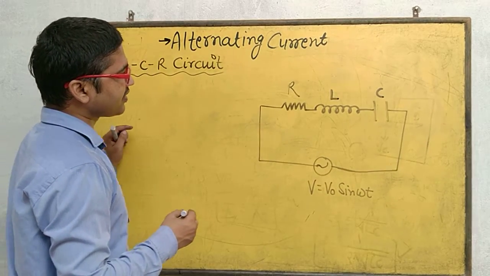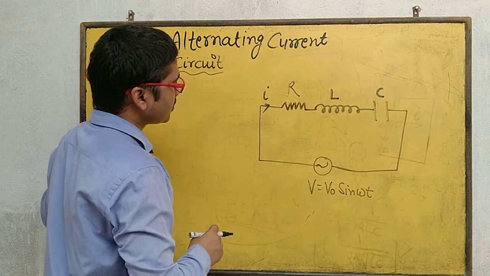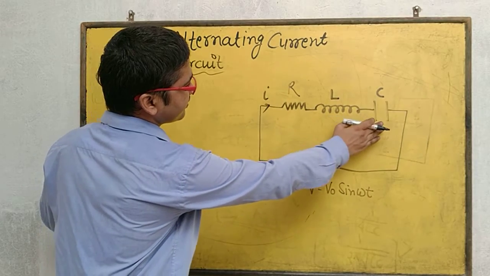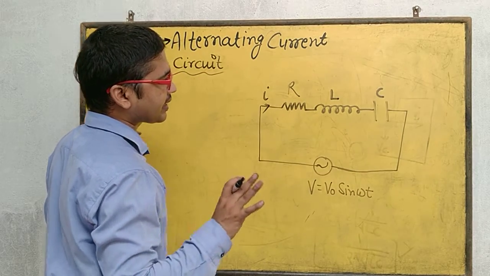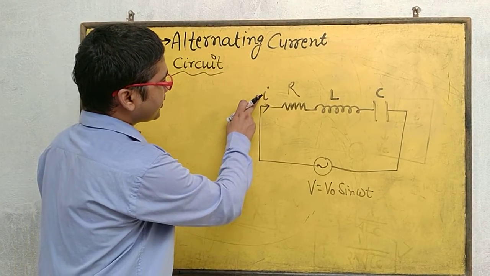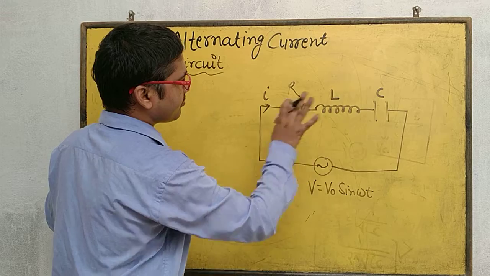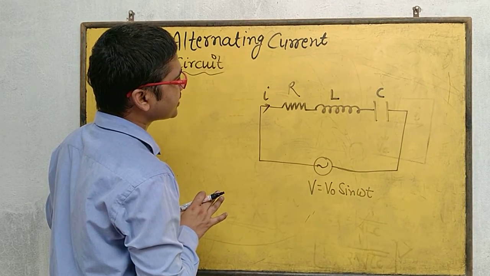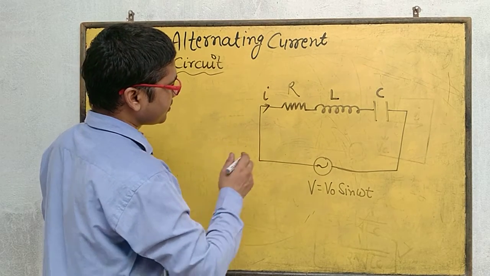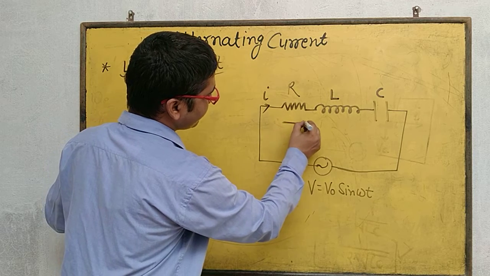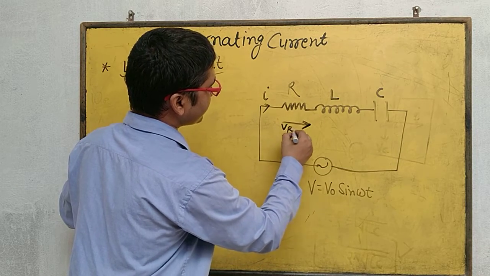Now you can draw the phase relation in current and voltage along all the components. Since these three components are in series, the current I flowing through all the elements will be the same. This is the characteristic of a series circuit. But the voltage developed across R, L and C are in different phases. Along R, the voltage developed VR and current I are in the same phase, so you can see both are parallel to each other.